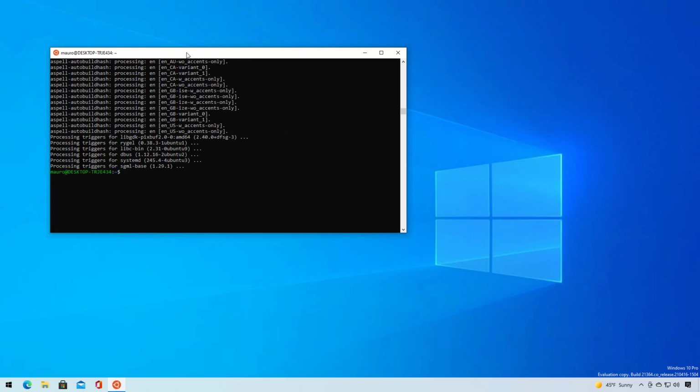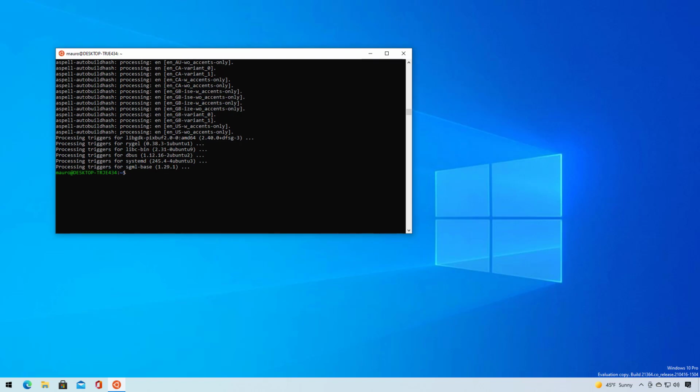Just remember that these instructions only outline the steps to install a simple application from known repositories. But depending on the app, the steps might be a little bit different. So you will need to follow the app developer instructions to install that application on the Linux distribution on Windows 10. Once the app is installed, you can type the name on the console, in this case gedit,